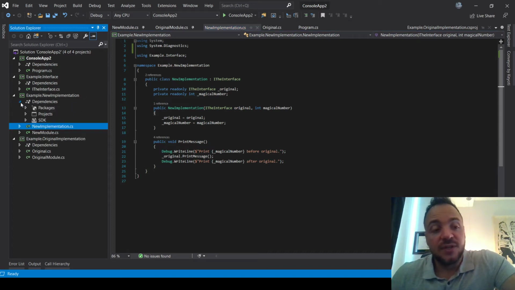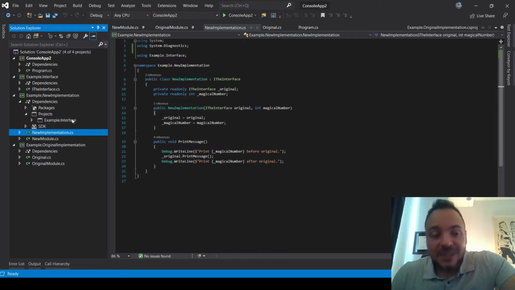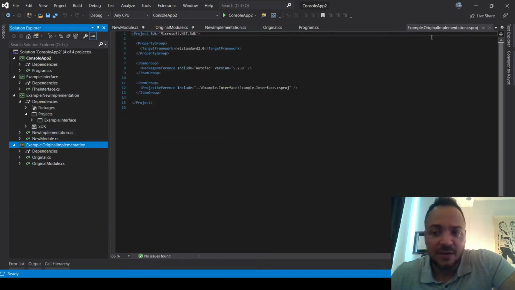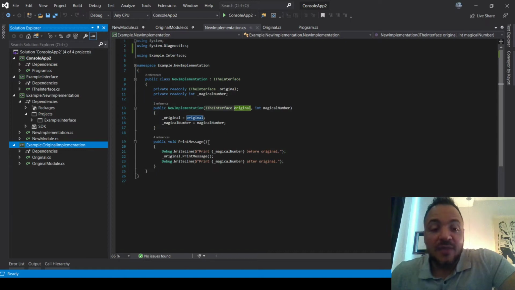And you'll notice that if I check the dependencies here on the left, the only thing the new implementation depends on is this common interface. Okay, so it has no idea that this original implementation exists, right? So all that it's saying is when I am made, I want Autofac somehow, using some sort of sorcery, to give me an interface that's whatever the original one is, right? So whatever came from this project down here, I want that one passed in,